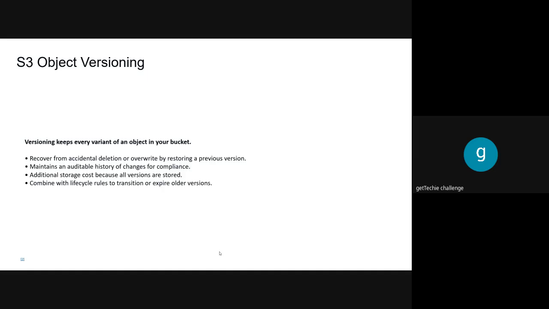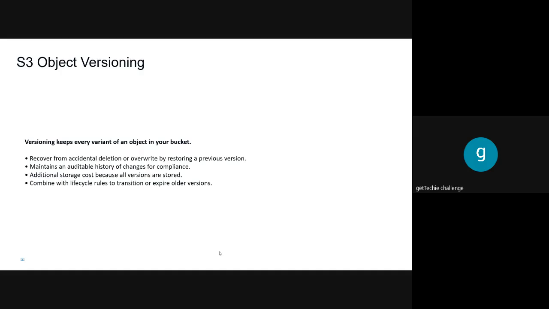So the essence of why we enable bucket versioning is for us to be able to, in case of accidental delete, revert back to the previous version. It's like you being able to revert back to the previous version to get those data. We'll be looking at it in our demo.